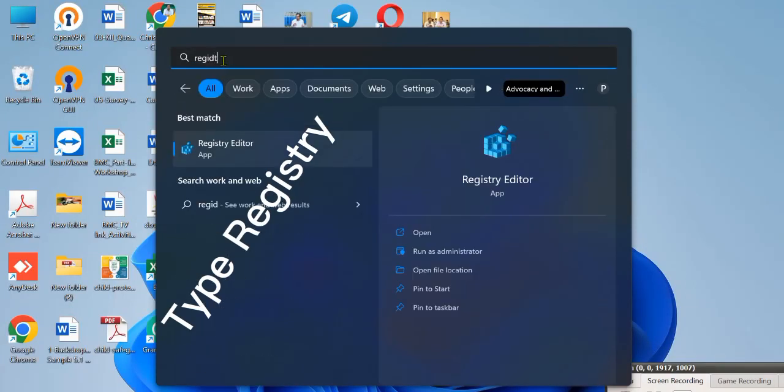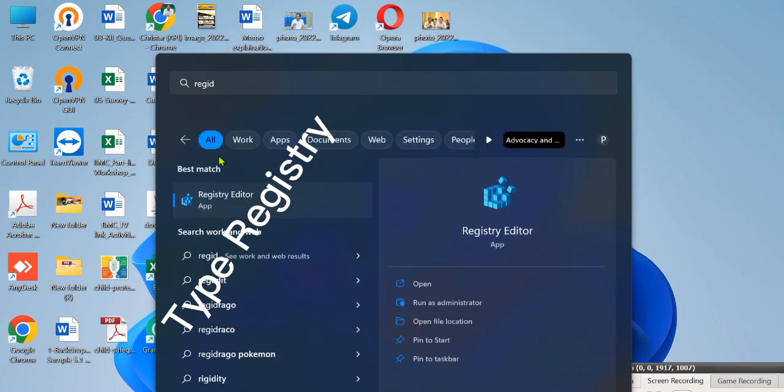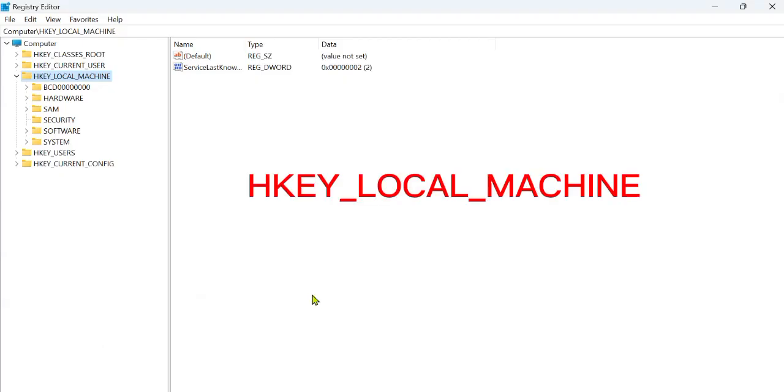So I would like to share with you a little bit about how to change the font of Telegram. Before you change it, you should type "registry" in your computer, and then you will see HKEY_LOCAL_MACHINE. And then you click to scroll down, and you see